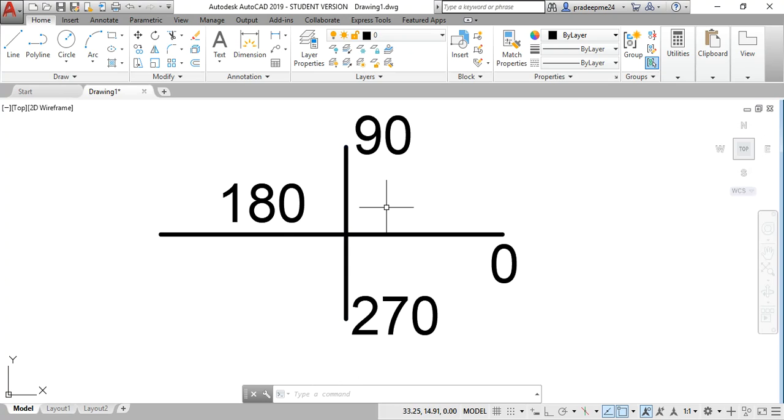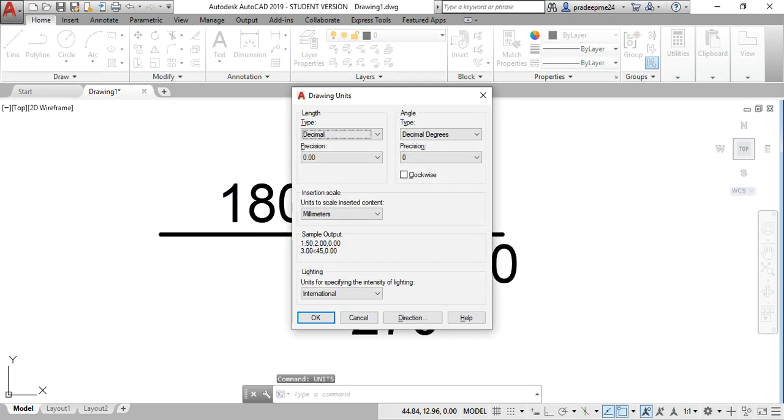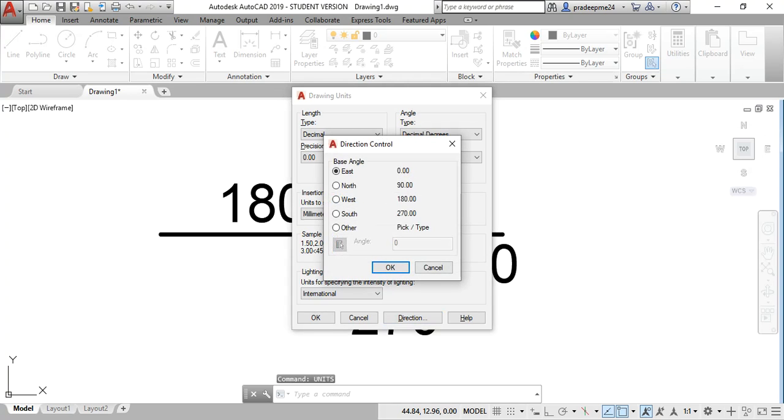So this one is the east direction and this one is the north direction. The 90 degree denotes the north direction, 180 degree denotes the west direction, 270 degree denotes the south direction, and 0 degree denotes the east direction. In the units section we can assign east as 0 degree, north as 90, west as 180 and south as 270, or else we can change the direction,